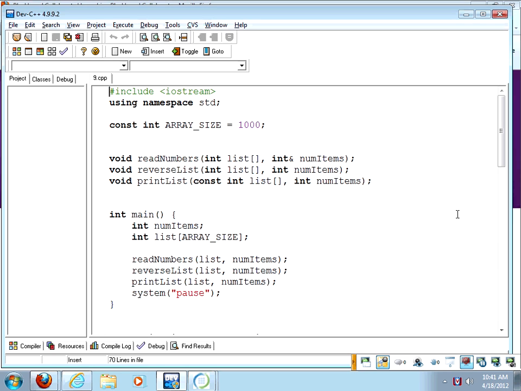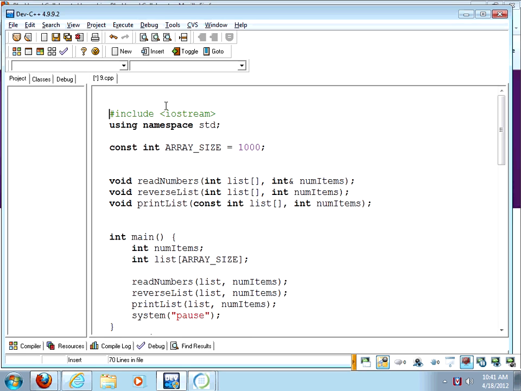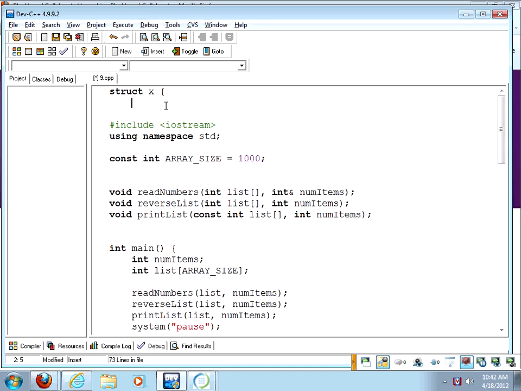So in other words, if you say struct, I want you to try to think of a good name for it, so I'm going to call it X. Struct X,